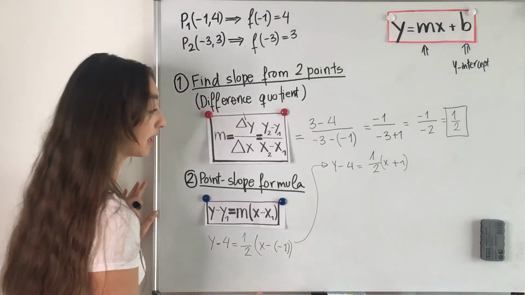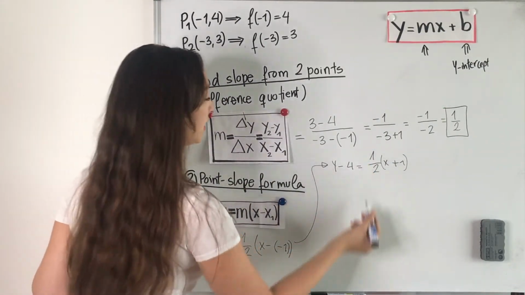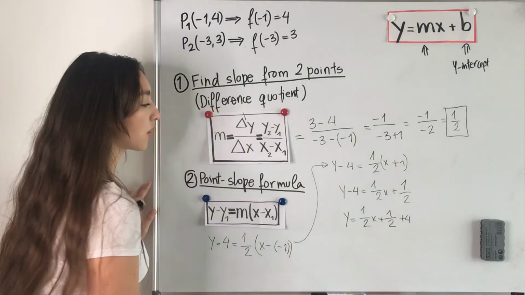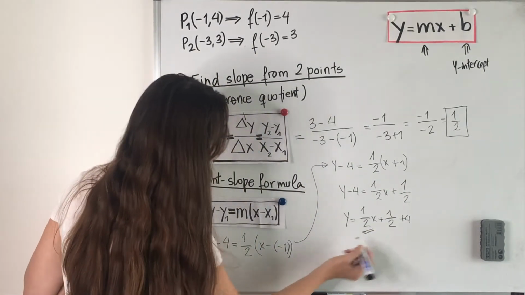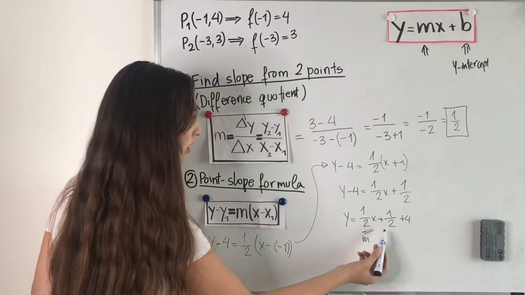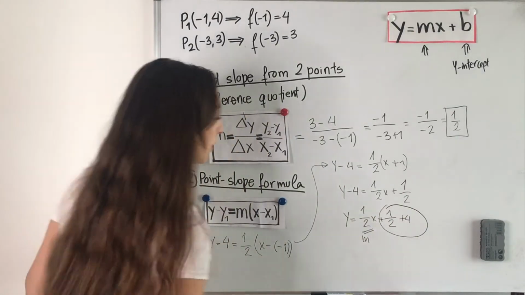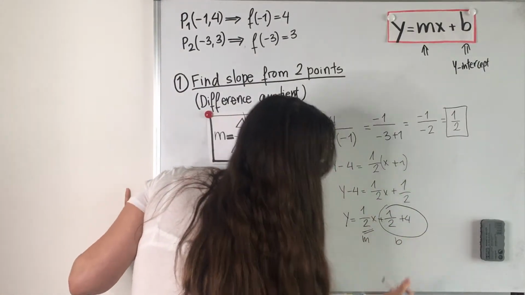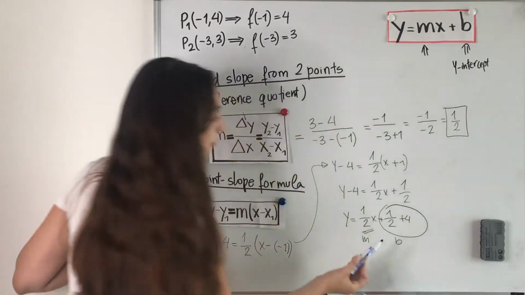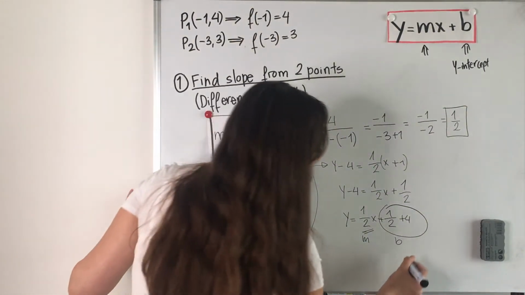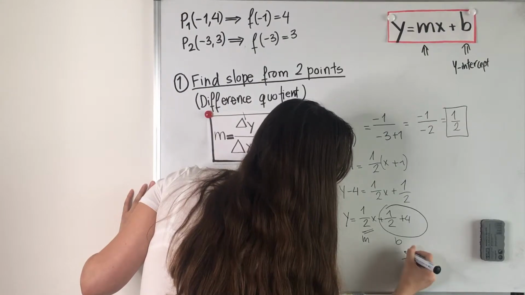Minus multiplied by minus is plus, and so we can already see the slope here, and then this is the value that is going to be our y-intercept, which is b, and because it's a fraction we need to do a common denominator, so all divided by 2,